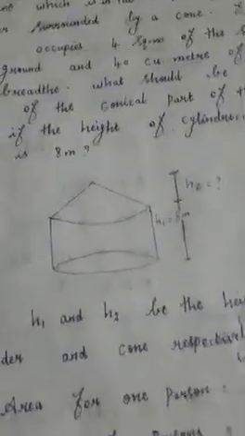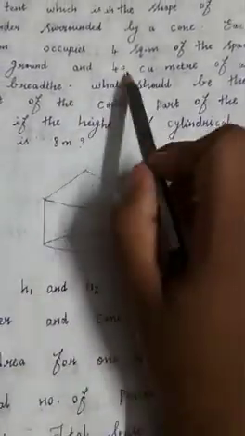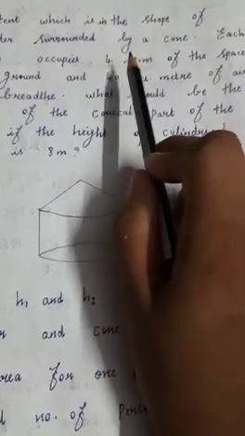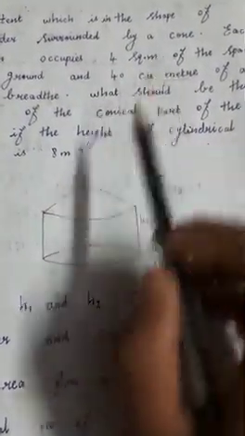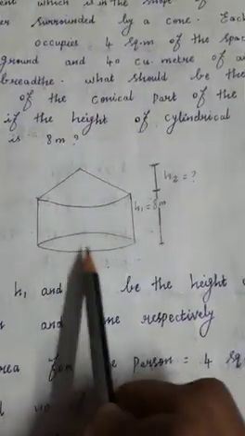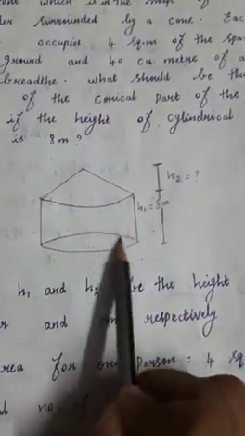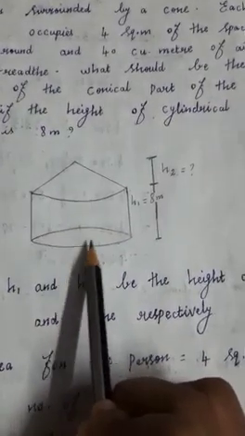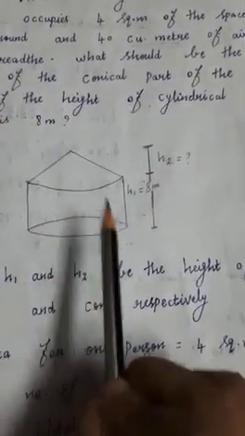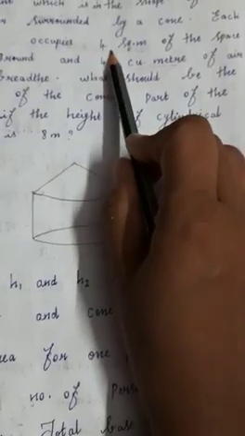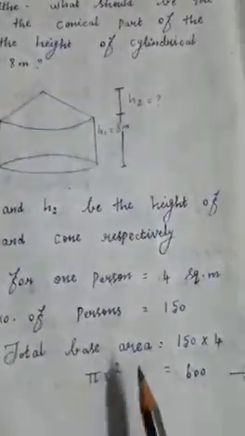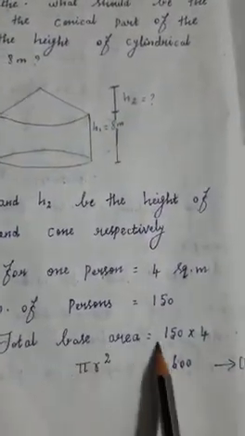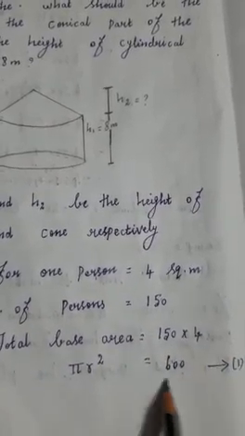Okay, so in our question, first, for one person they have given how much area is needed. So we need to find out how much area is needed for 150 persons. I know that people can sit only on this area, that is the area of the circle. The circle formula is pi r square, which is equal to 4 into 1 person needed 4 square meter, totally 150 persons, so 4 into 150. So pi r square is equal to 4 into 150, both are equal. So this base area is equal to the number of persons multiplied, and you can put it as equation 1.